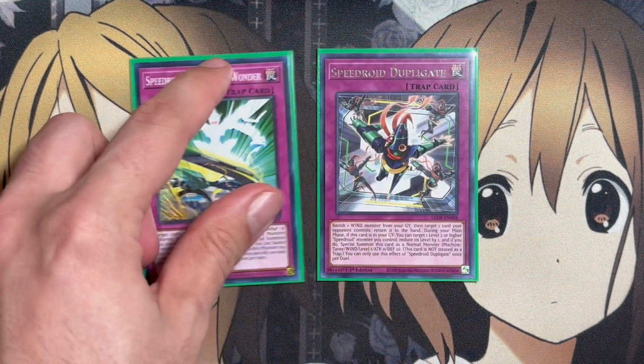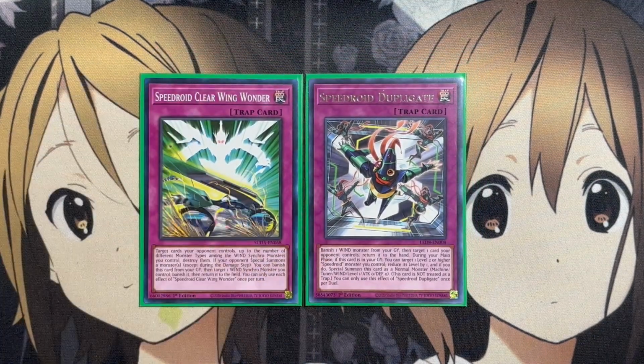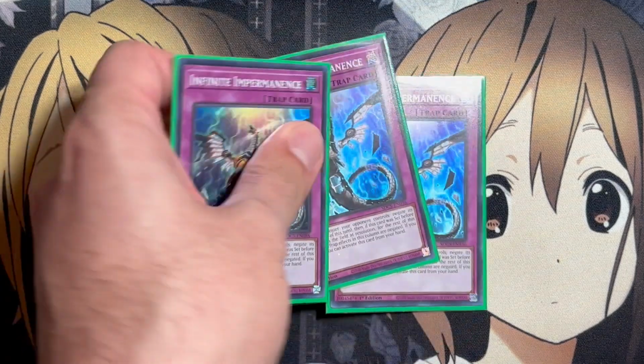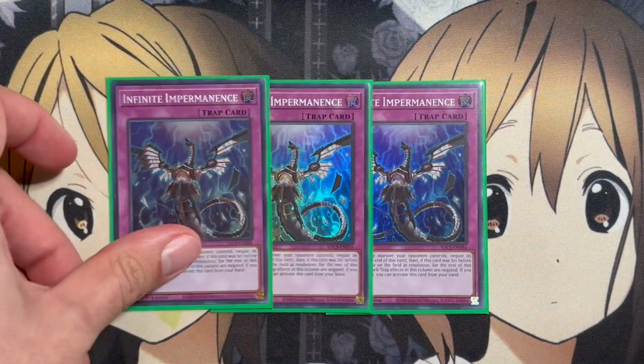And then the 1 Speedroid Duplicate for the banish of a wind monster, target 1 card your opponent controls, returning it to the hand as well. And then during your main phase, if this card's in the graveyard, you can target a level 2 or higher Speedroid you control, reduce its level by 1, and special summon this card onto the field as a level 1 normal monster. With the rest of the traps being the 3 copies of Infinite Impermanence, along with the Ash Blossoms